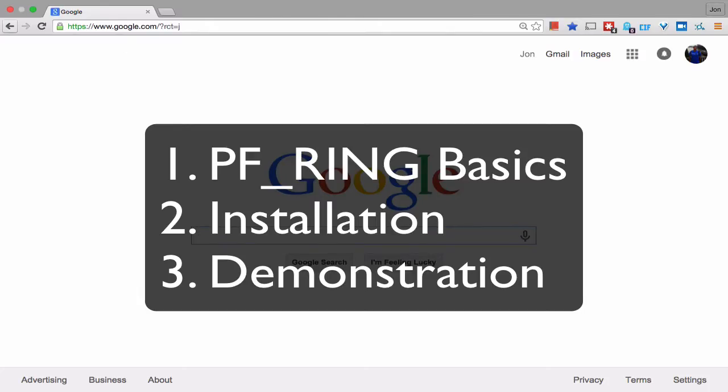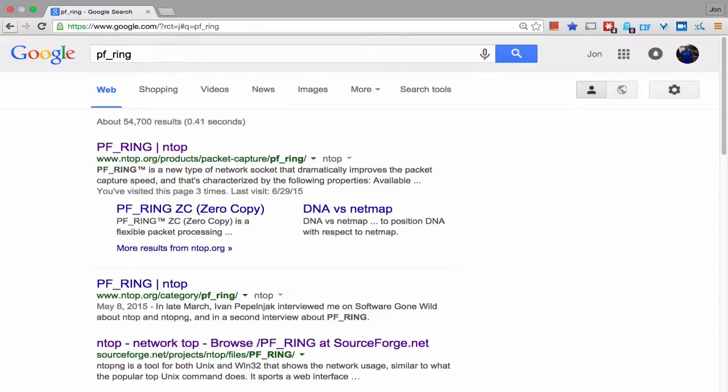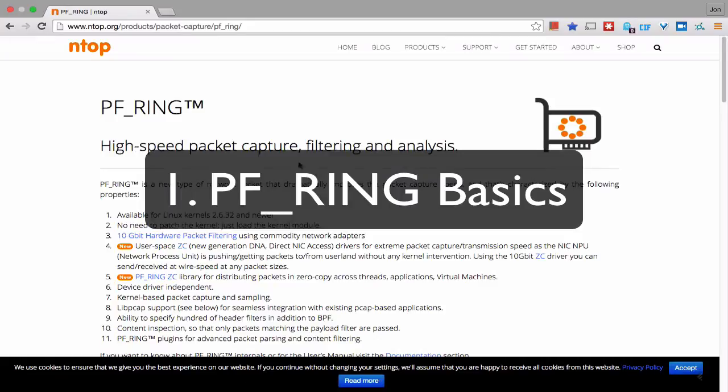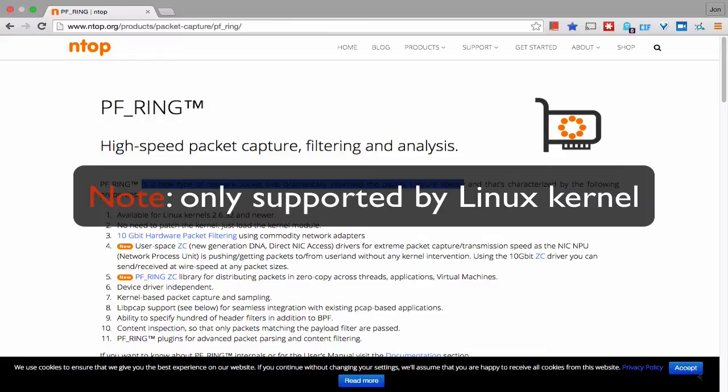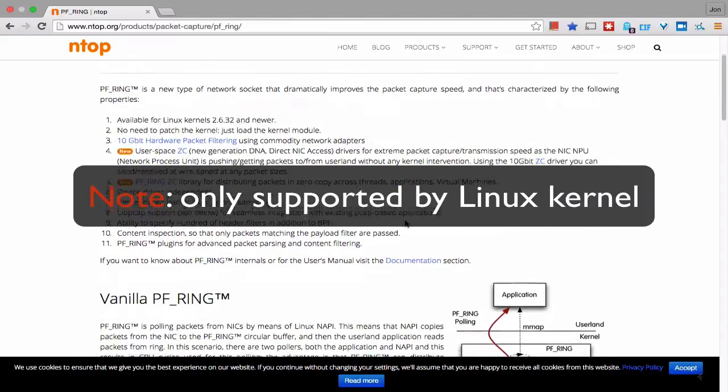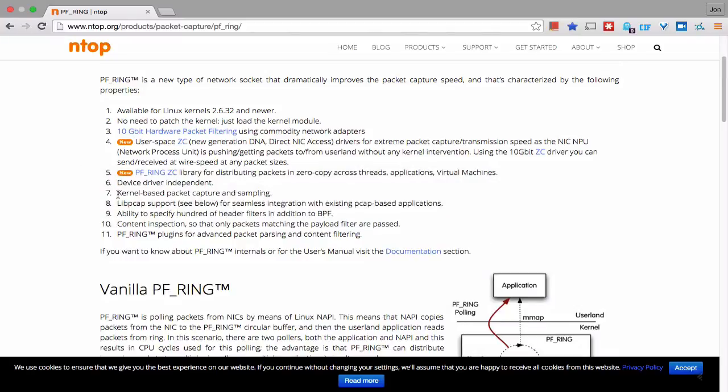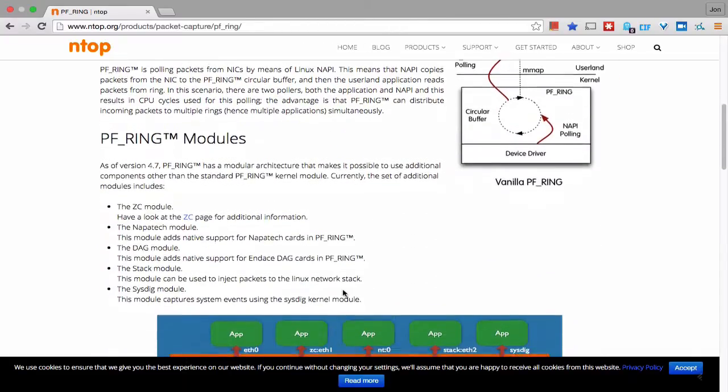Alright, today we're going to talk about how to improve tcpdump performance with a tool called pfring. Pfring is a kernel-based socket mechanism that delivers faster performance. So we're at the pfring homepage here. You can see that it is a kernel-based packet capturing and sampling method, also supports libpcap. So any tools that use that will also work with it, and it has the ability to specify many filters outside